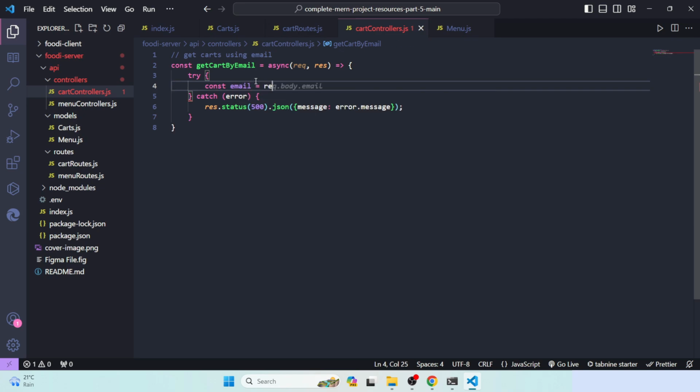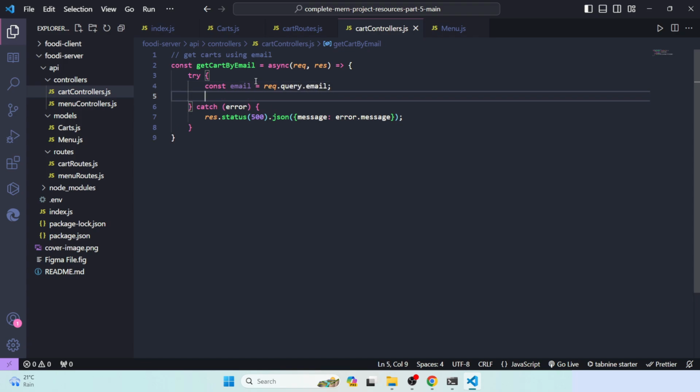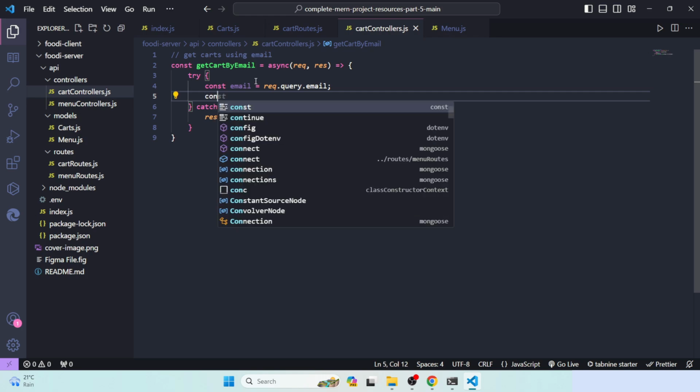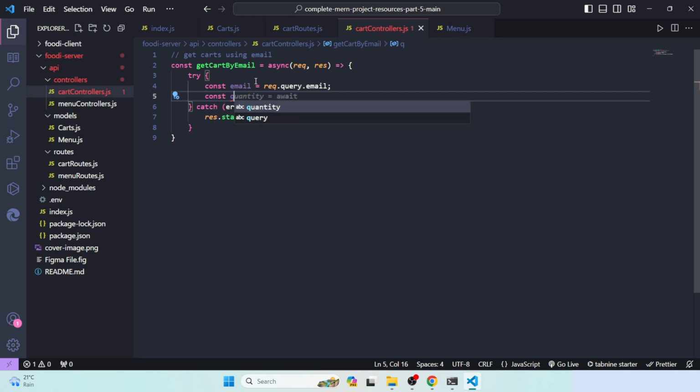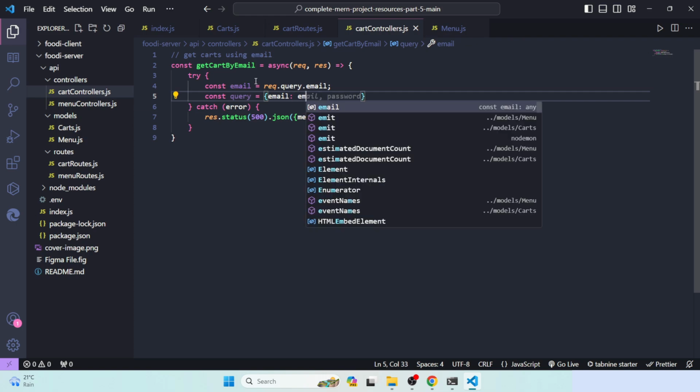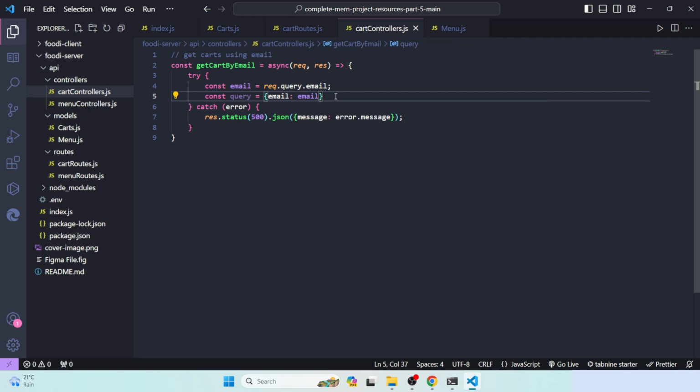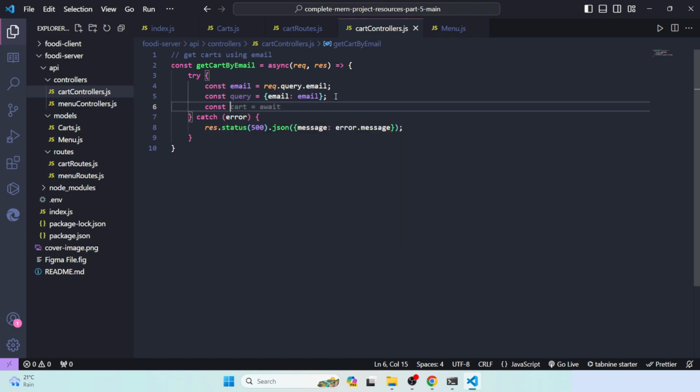otherwise we'll define const email equal req.query method. We'll define query.email, then we'll define query equal email, email.email clone email. After that we'll define const result